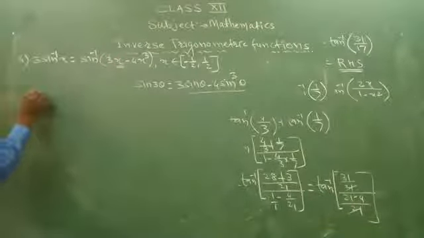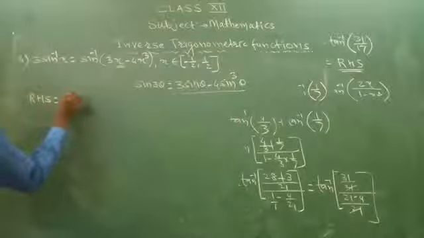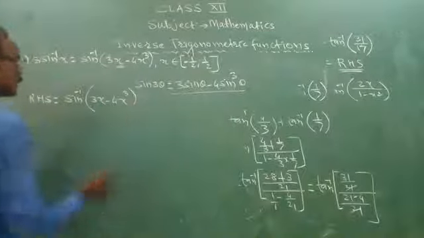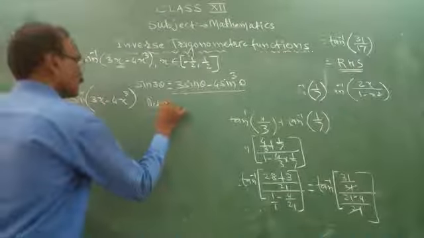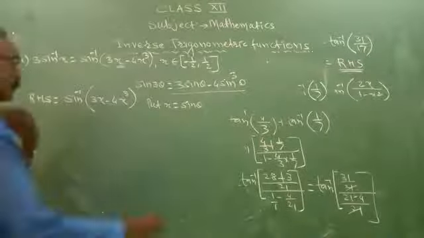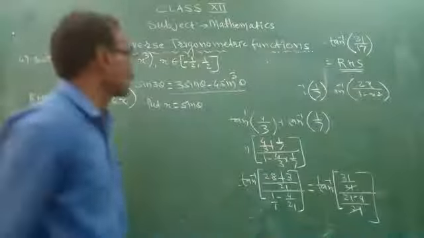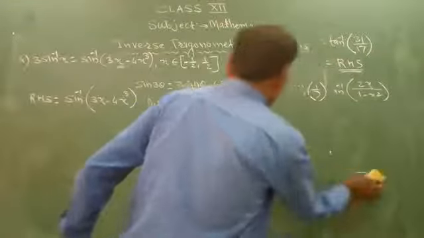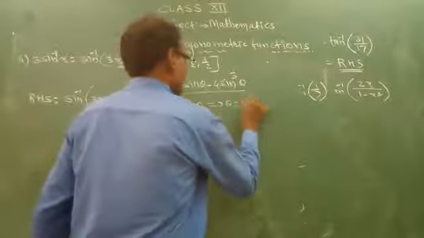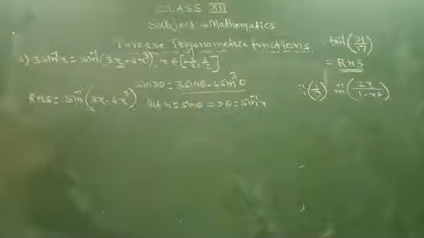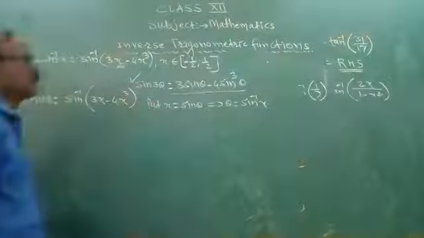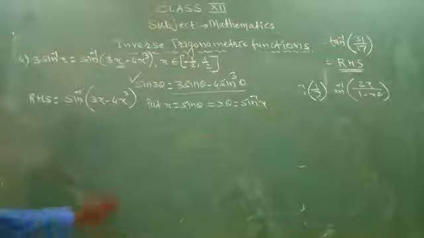So here, right hand side equals sin inverse of 3x minus 4x cube. Now put x equal to sin theta. x equal to sin theta, so this implies theta equal to sin inverse x. Okay, sin inverse x. Now we know that sin 3 theta is equal to 3 sin theta minus 4 sin cube theta.